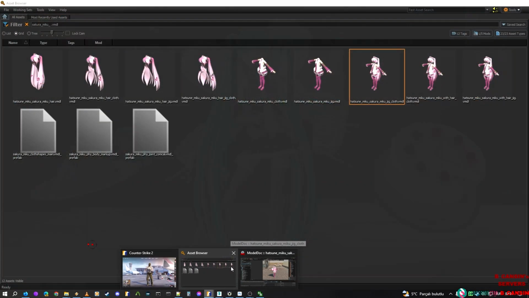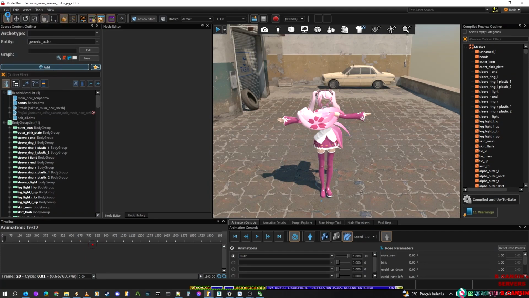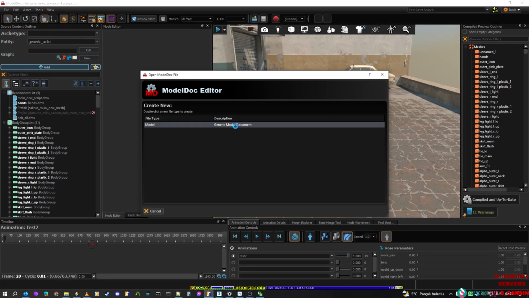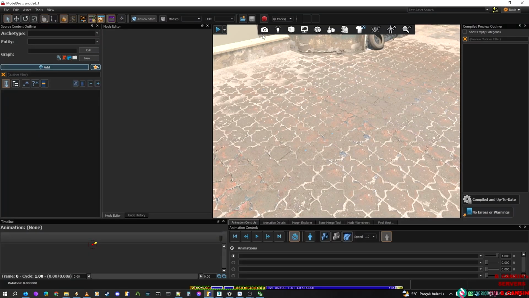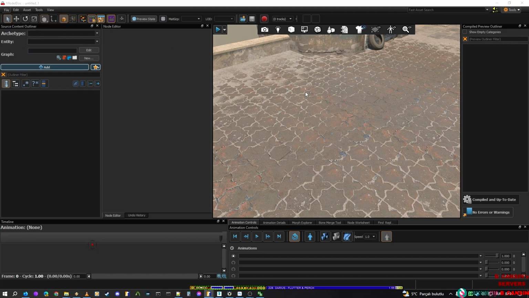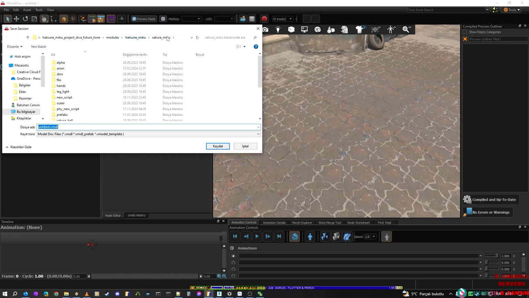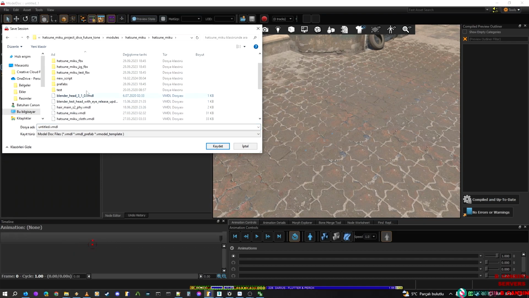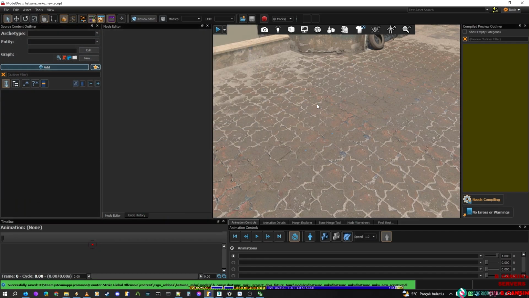So let's go to Modeldoc. I'm gonna create a new one. So let's press the generic model. Alright. So this opens a new model doc. So before we continue anything, let's save it. So it's gonna ask our path. No, this is not a Sakura Miku. I'm making Hatsune Miku. Hatsune Miku, new scripts. Alright, so